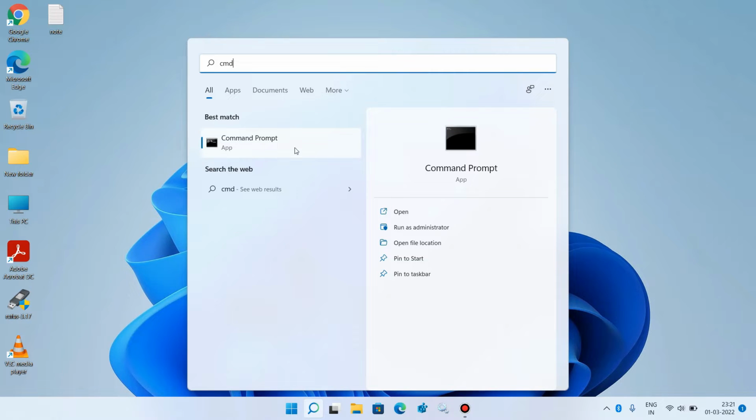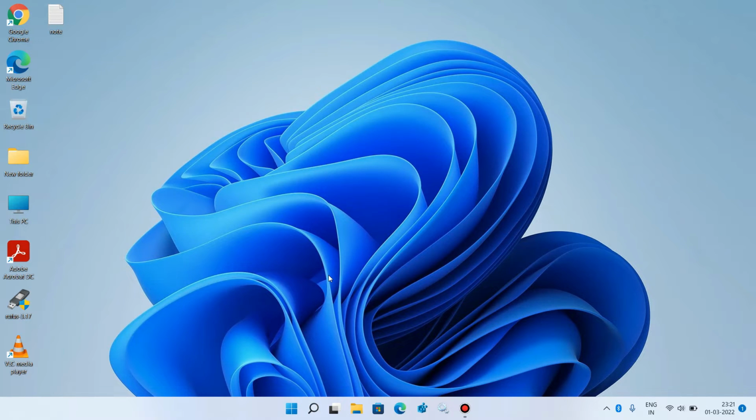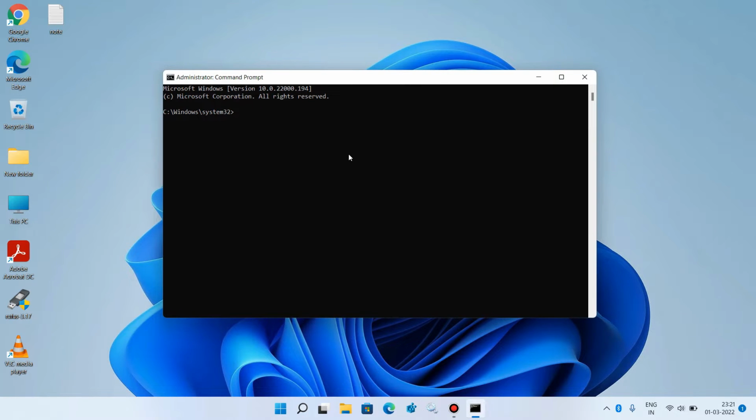Right click over the search result command prompt and click on the option run as administrator. Click on yes. And now you have to execute some commands. I will give these commands in the video description, you can copy it from there. So the first command is